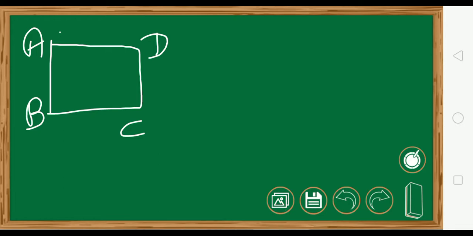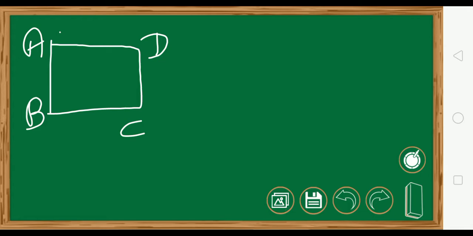Today we will start with quadrilaterals. So let us first study the basic elements of a quadrilateral. Here you can see in your figure, I've drawn a quadrilateral ABCD. Quadrilateral means four sides. It can be a square, rectangle, rhombus, kite, trapezium, anything. The general term is quadrilateral. So a quadrilateral has got four sides.